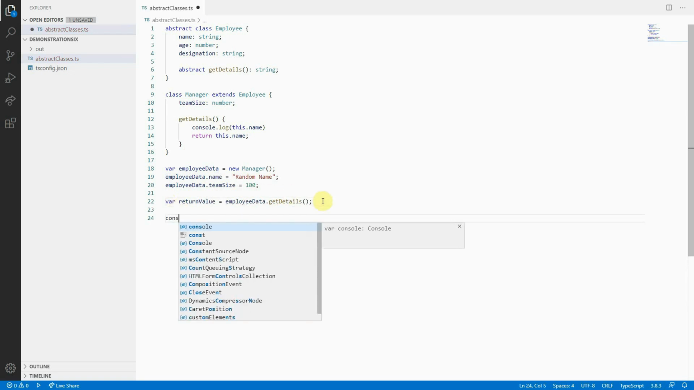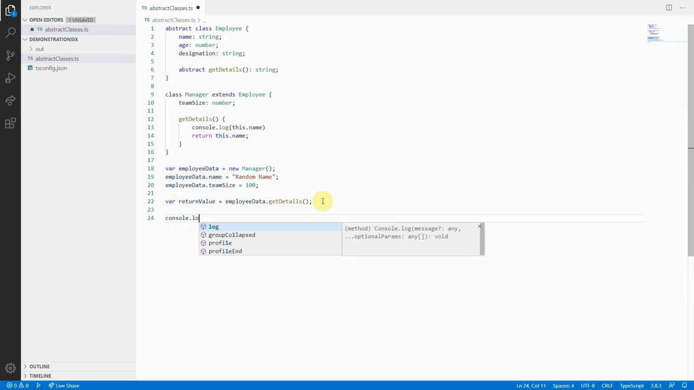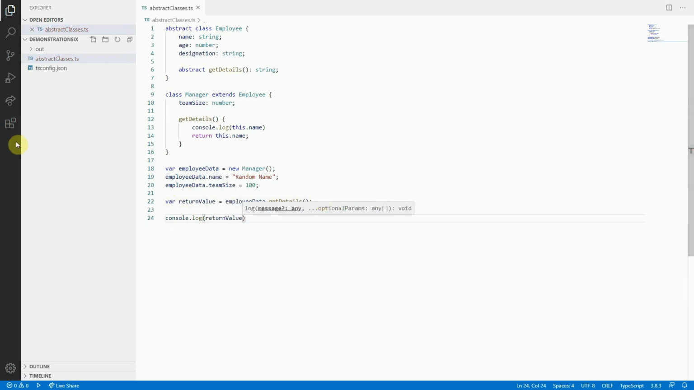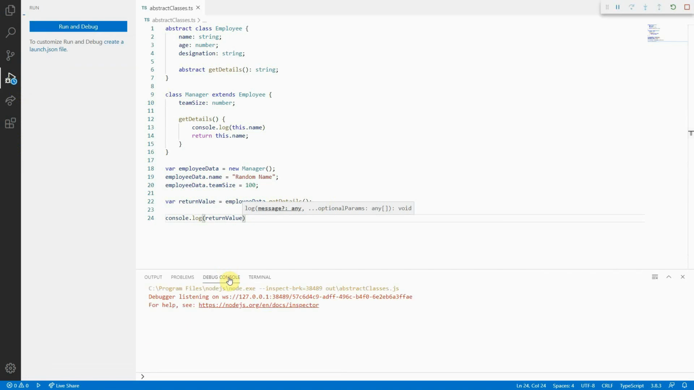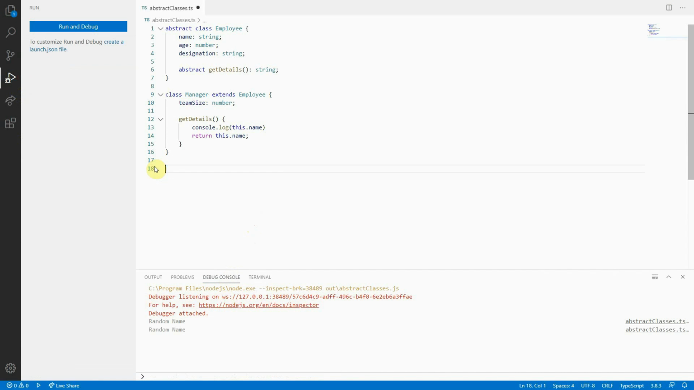At the end of this program, we'll console log the value of this particular variable, return value. Let's run this code. In a short while, in the debugger console, we can see the name getting returned from this particular function. Over here we can have multiple classes that can be inherited from this particular abstract class. What I can do next is create another class called director, and this particular director again extends from this particular class employee. And now what we'll do is we'll add a new